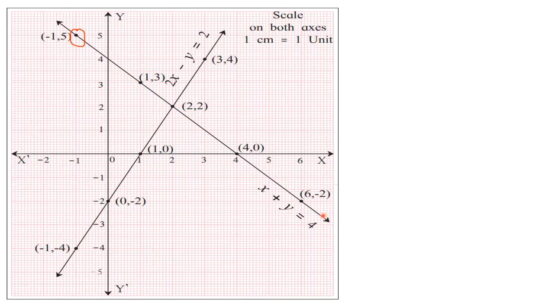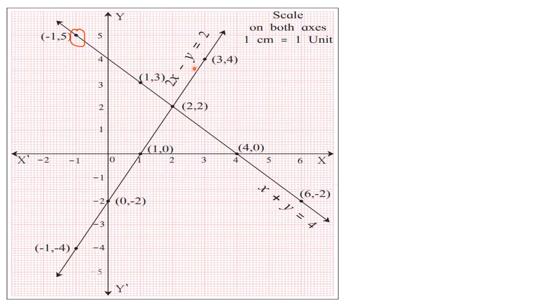After that you have to write down the equation at one arrow end. Don't forget to write this. If you are not writing it, again half a mark will be deducted. For every mistake half a mark will be deducted, so be very careful. Similarly, use the second table and plot the points. See, this is the first point, second point, third and fourth point. Again draw the line. Now these two lines, that is x plus y is equal to 4 and 2x minus y is equal to 2.